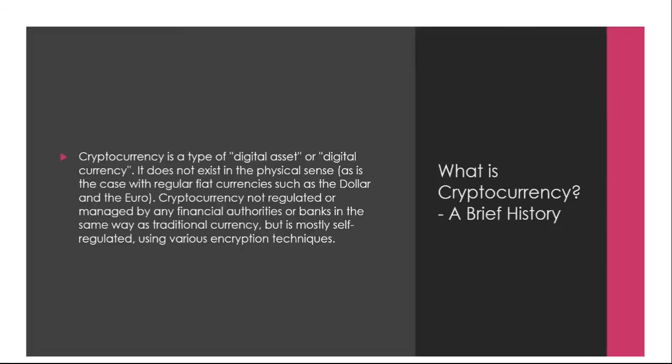Now, there's a difference between self-regulated and regulated platforms. Like Alvexo is a regulated platform. That means they have the government licensing required to offer trading to you. It means that they're watched, they're supervised, and they have specific rules and regulations they must follow. There is no regulatory authority over the issuance of currency except for the central banks. And because there's no central bank,